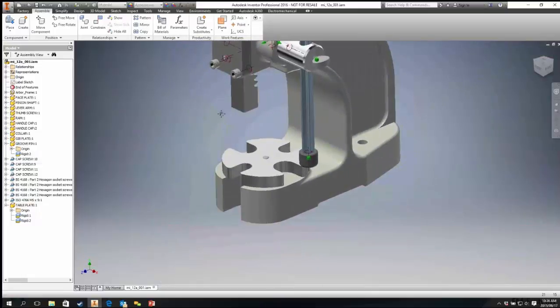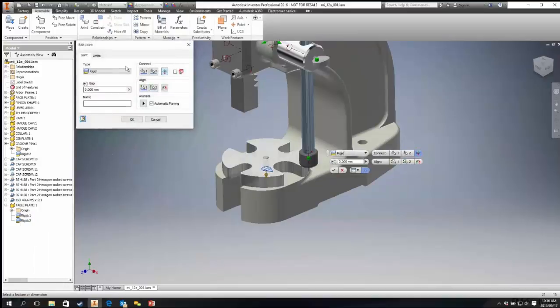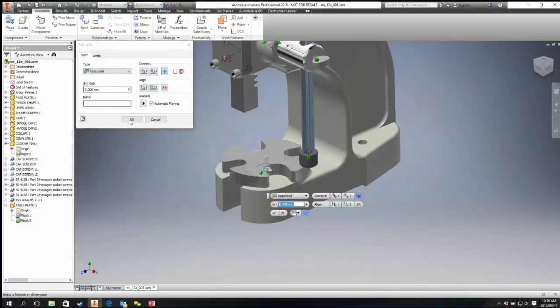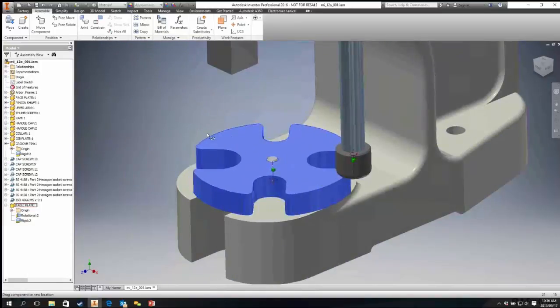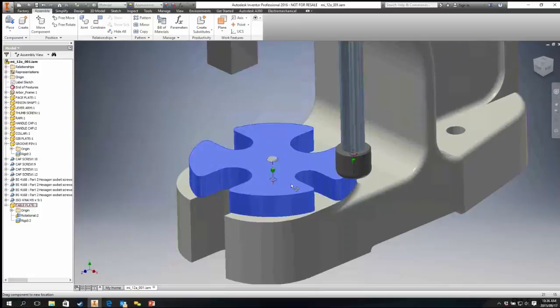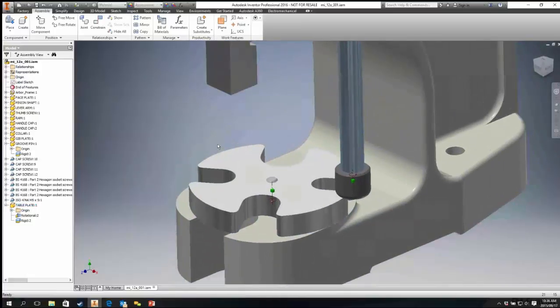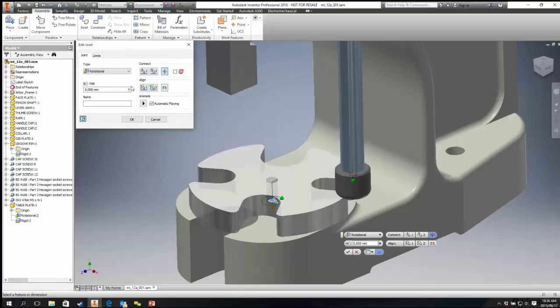Okay, so we can do things like this with these constraints, as well as when we want to realize that there should have been rotation allowed, you can just modify the existing one and change it to a different style. And immediately it'll update without us having to go and break or modify any existing constraints. Okay, so it's a very, very useful technique in order for us to go and assemble things together, specifically if you want your motion. Now, there is one thing that I did say before, which is existing constraints as well,